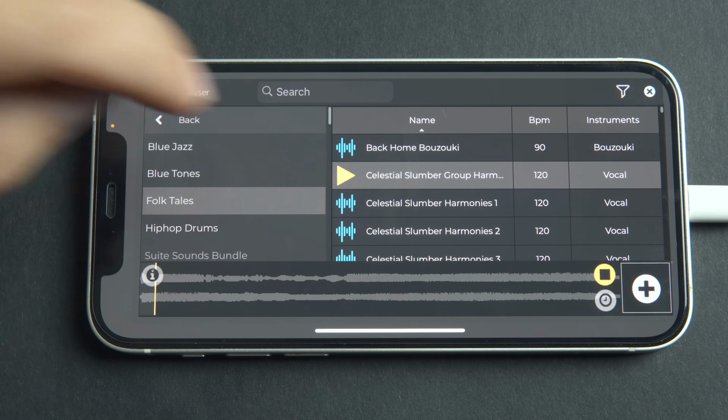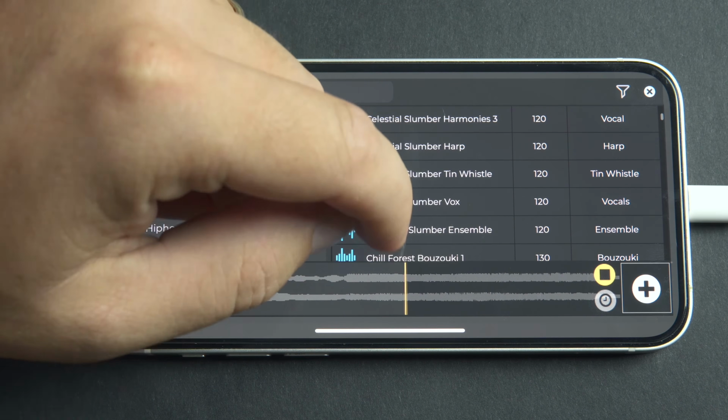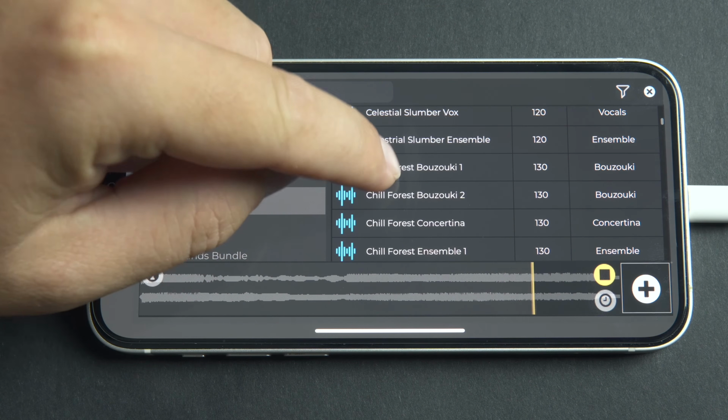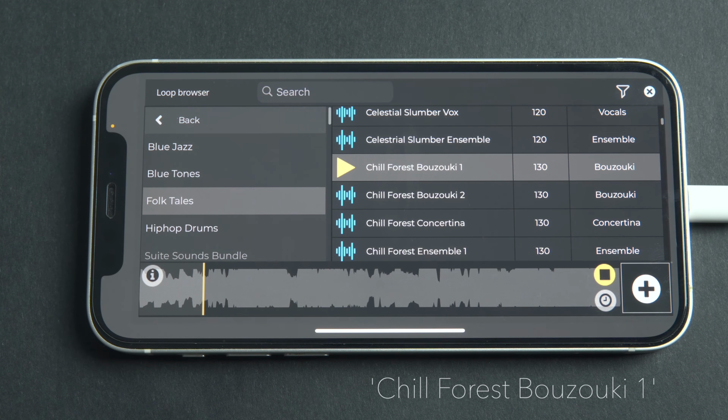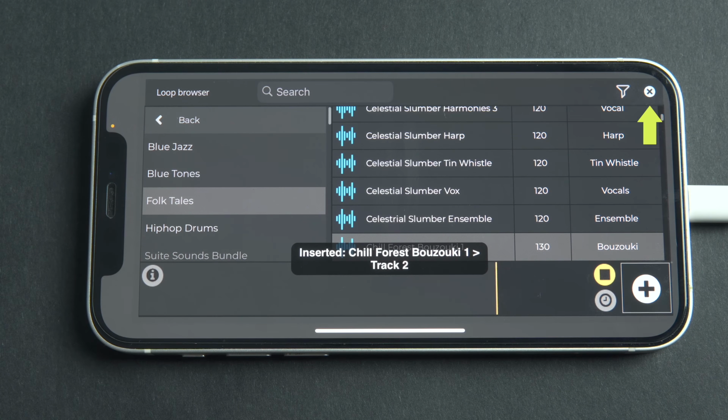Let's hear the next loop, which is a vocal, and we'll keep scrolling down until we see Chill Forest Bouzouki 1. I like where that's going, so let's start our project with this loop. We'll double tap to import the loop into the project, and we'll click the X button to go to the